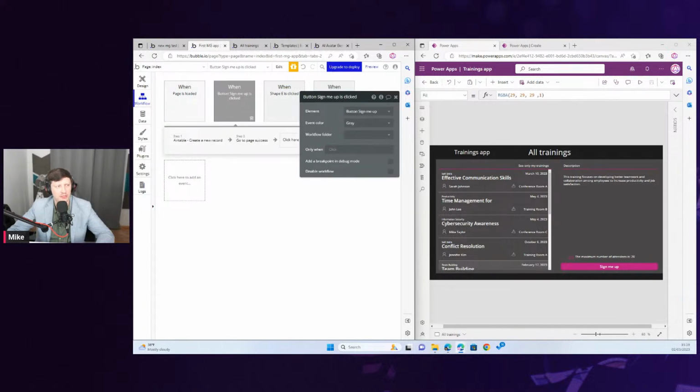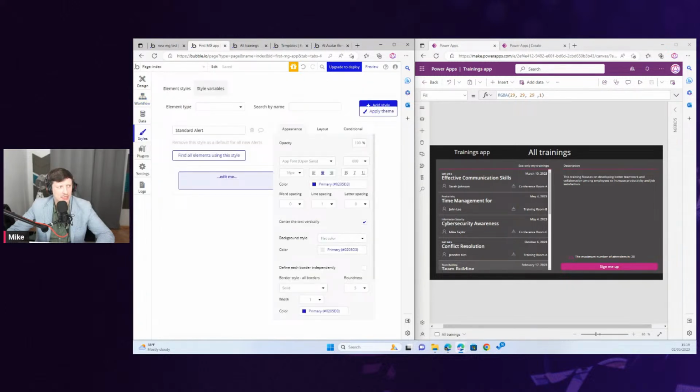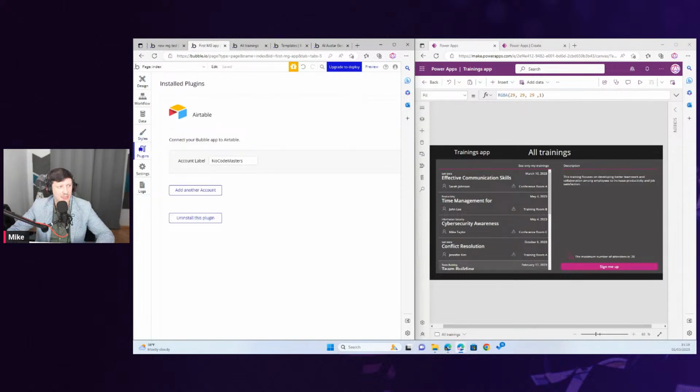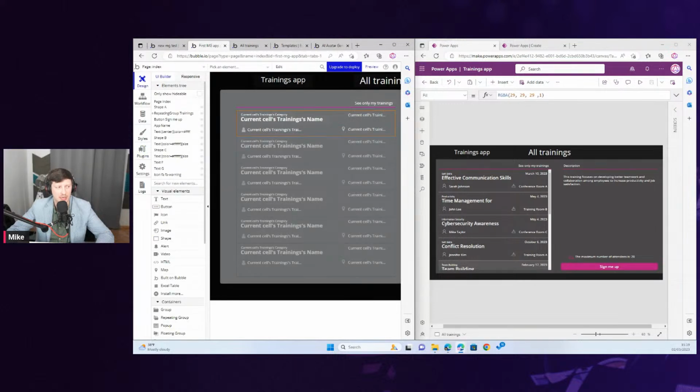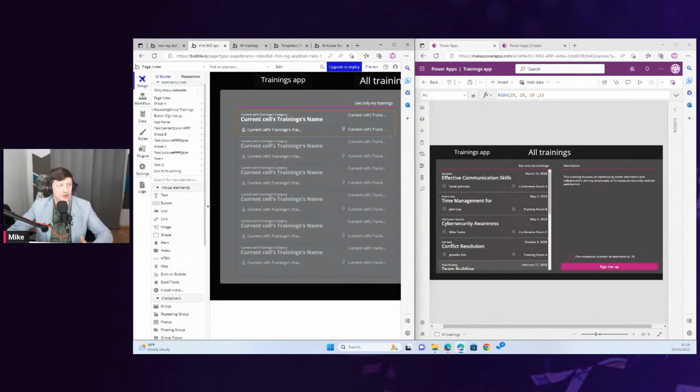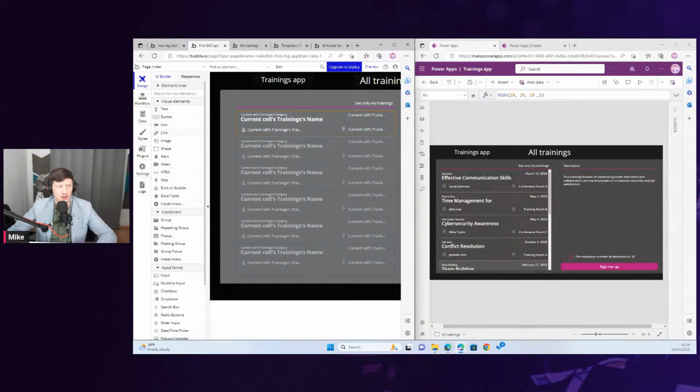Another thing that was totally different for me in Bubble is the plugin section. In Power Apps, you have connections that are responsible for all kinds of integrations, and in Bubble, it's called plugins. But the funny thing is, plugins can refer to different items. One is the integration layer, but another layer is, for instance, controls. So I have a limited number of controls here, visual elements.